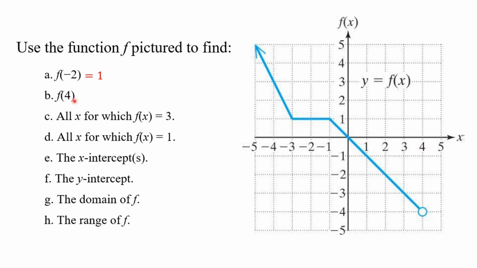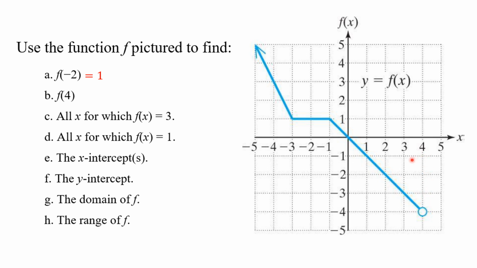Okay, how about f of 4? What is our answer when x is 4? So we put 4 into the function. We go over to x is 4. We come down to our function, and we find a hole, meaning there is no answer. So our function is not a function at 4. If we ask the question of 4, we get no answer, then that means that we have to exclude 4